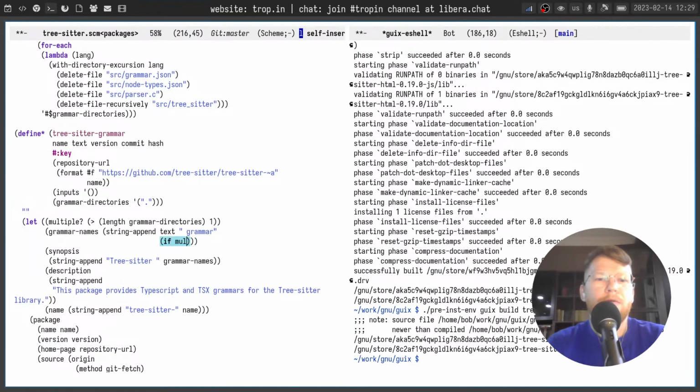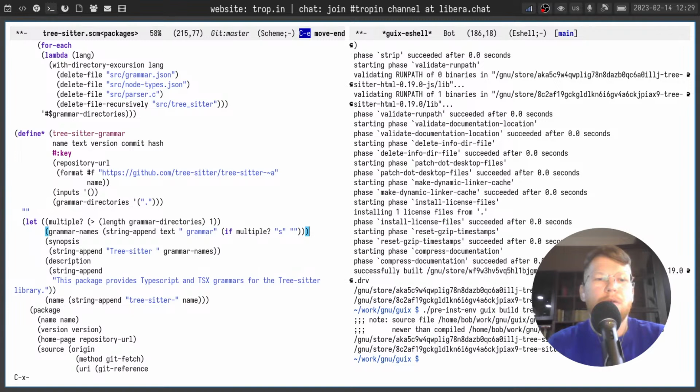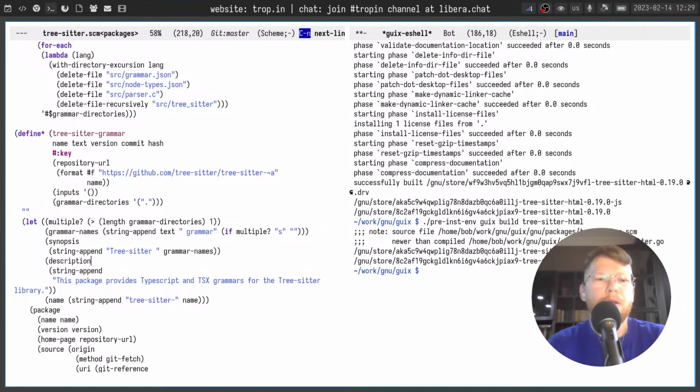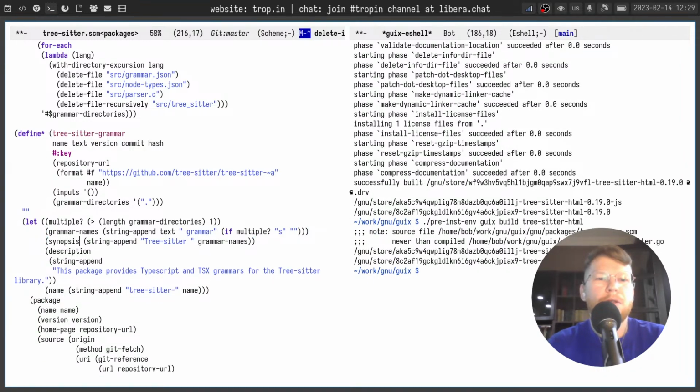And if multiple, then S, otherwise nothing. Looks good. Synopsis, tree-sitter grammar names, description. This package provides